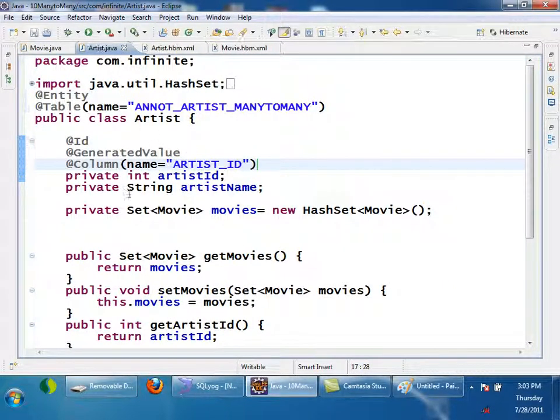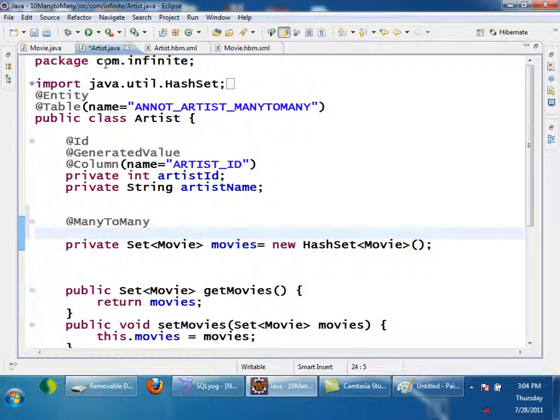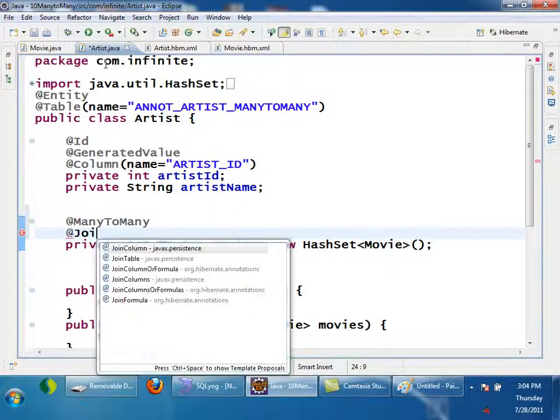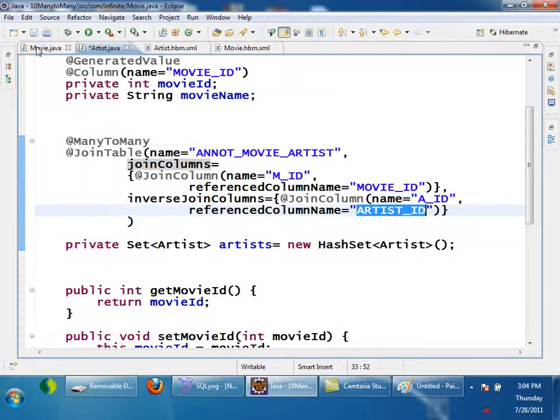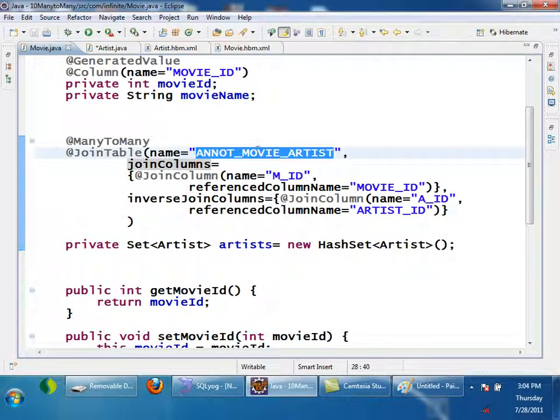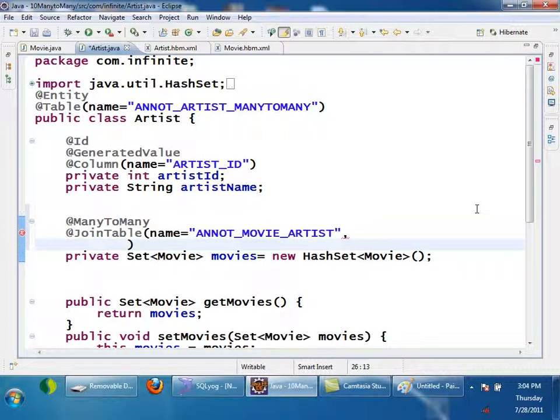Okay, now this is a set again. This is the field which is representing many to many relationship, so annotate it with many to many. Then again join table you have to say. Join table. Table name should be exactly same as what I gave on the other side. annotation_movie_artist, comma. Now tell me what is the join columns here?